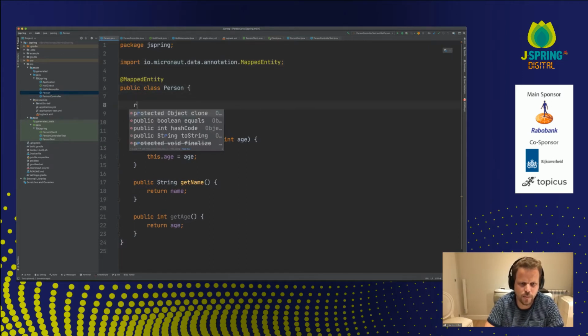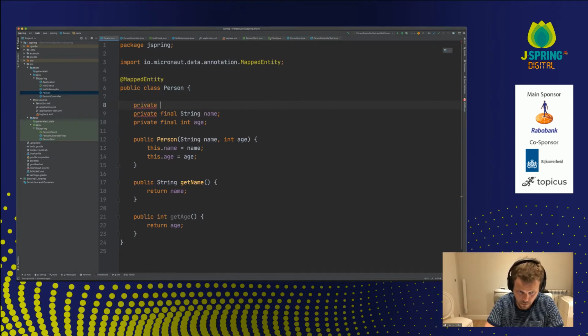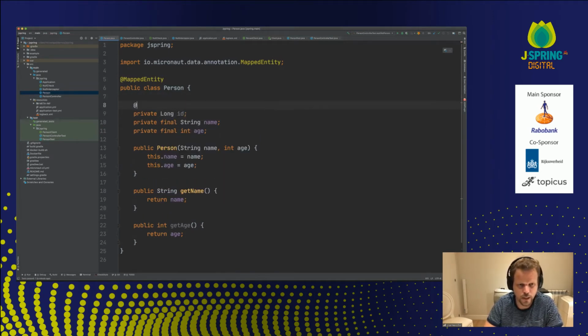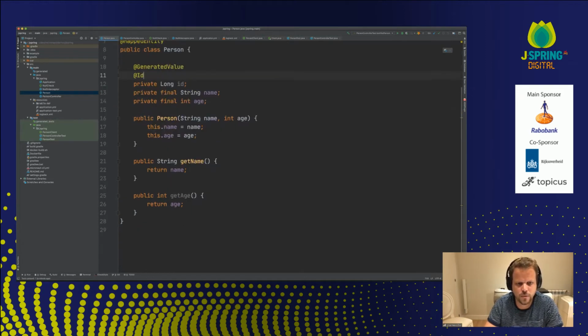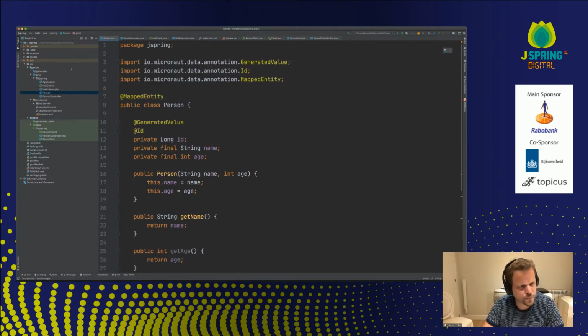And probably I want to add an ID, like so. This is going to be the ID of the entity, like that. And now how would I read and write objects to the database?